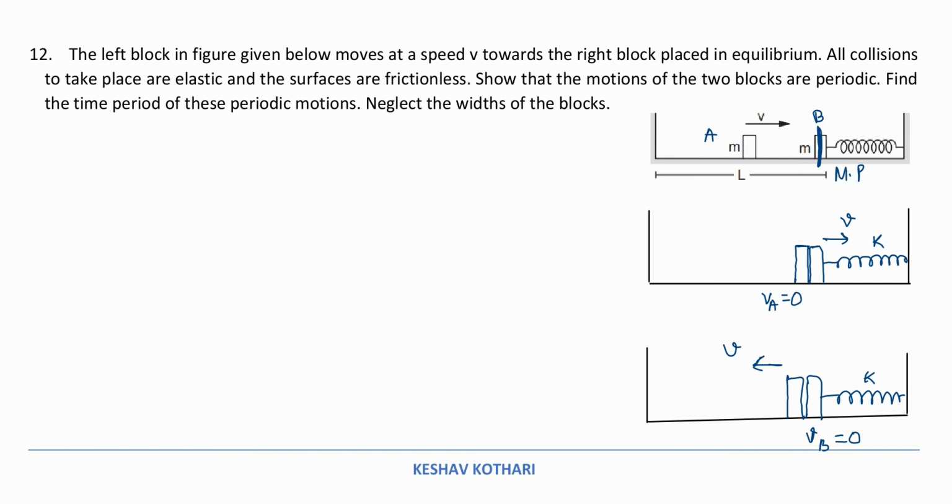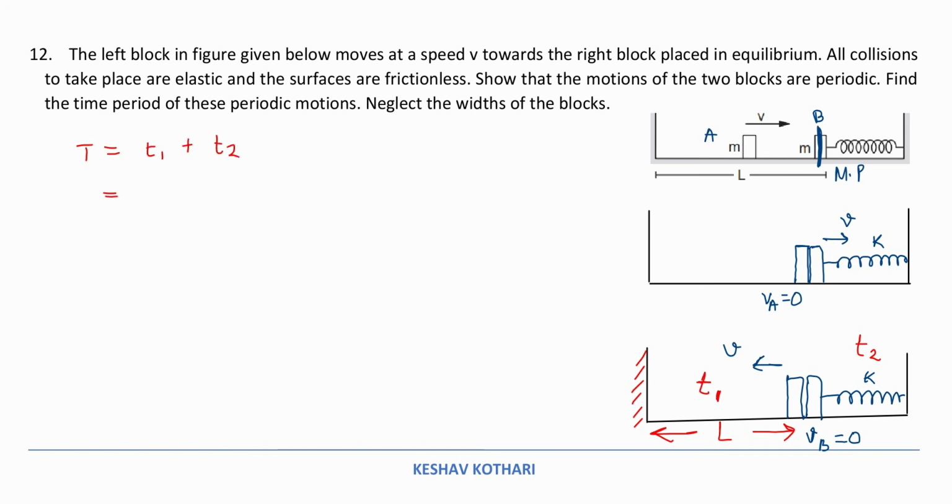So over here two time periods are involved. The first is the time which block A takes to move from the mean position mark to the left end, colliding with the wall, and then returning back, and this separation is equal to L. It will collide with the wall, which will give it the same velocity after collision. This one is time t1, and the other one is the half time period of SHM for block B, which is time t2. So the total time for this motion can be considered as t1 plus t2.